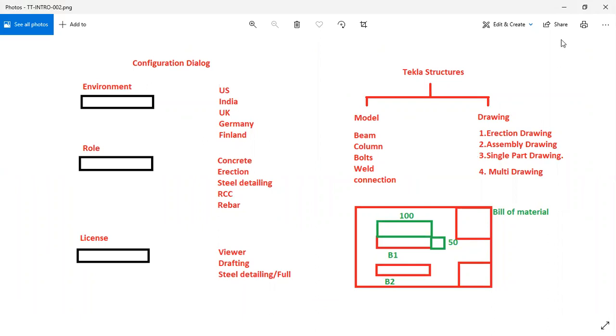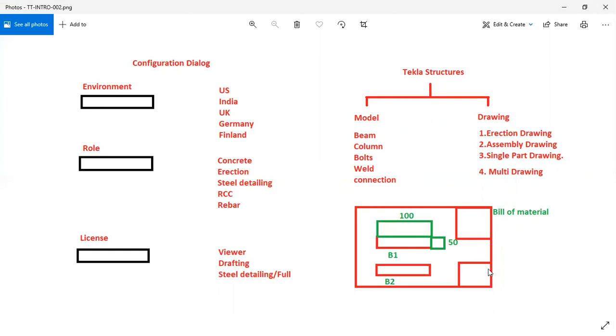The outer frame in the drawing is called the layout. Okay, this is a layout, and there will be a list of materials. We call it a bill of material, or list of material, list of items. We can call these by different names, given by different clients or different people. They try to give different kinds of names.